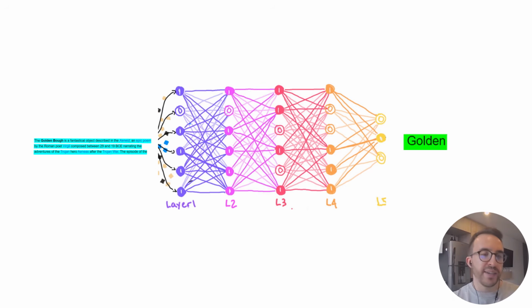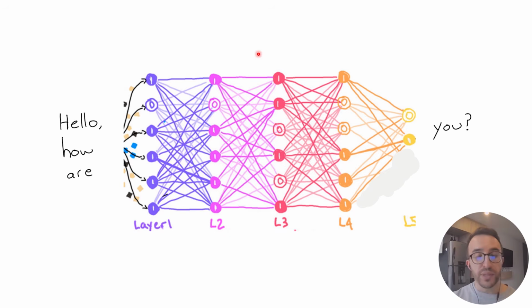So just to visualize that very clearly, whereas before the input was an image of an animal and the output was a classification, now the input is a piece of text and the correct output is just the next word. And then, like I said earlier, we just shift it along by one word at a time, teaching the network to always predict the next word. And we have tons of training data, all the text on the internet. So once you've trained a neural network to be very good at predicting the next word, guess what? You now give it a new piece of text. Hello, how are? And it's learned to predict the next most likely word, and it says you.